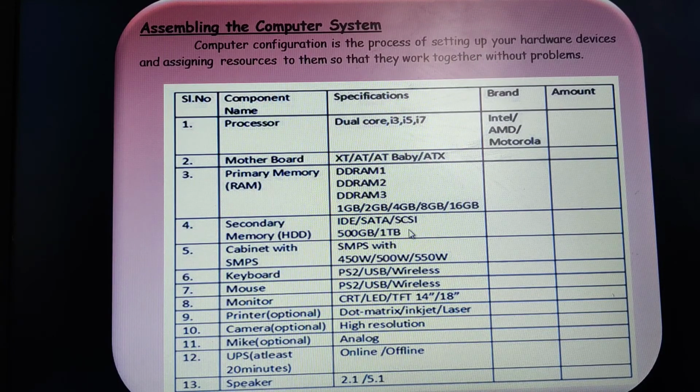Then we have SCSI, that is the Small Component System Interface port, which is a high speed port. It will help you to connect to high speed hard disks or high end scanners and CD-ROM drives. Usually, compared to all other ports, SCSI ports provide faster access and data speed, and need separate dedicated adapters. If a high end scanner has to be connected to your computer system, we need a SCSI port for it. Usually we may get a 500 GB to 1 terabyte hard disk drive.